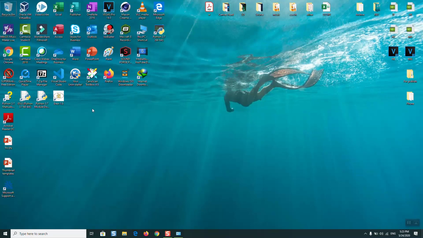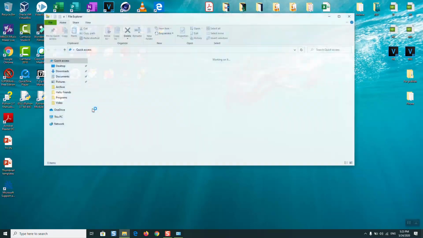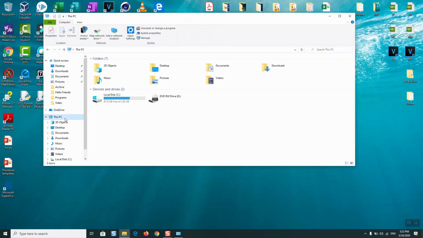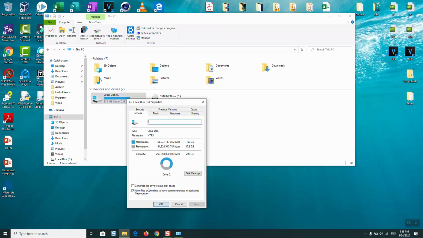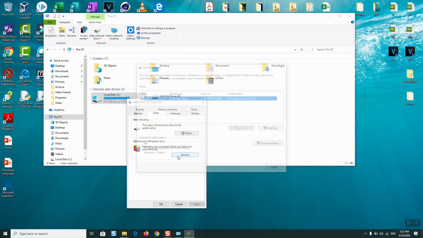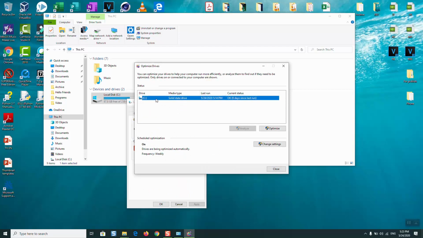Next step, you want to open the PC shortcut, and you want to click on your local disk C with the right button of the mouse and select properties. Once done, you will go to tools and you will select optimize. You want to select your local disk C and make sure to select it, and you want to click optimize. The operation will take a few minutes or up to half an hour, and once it's completed you want to